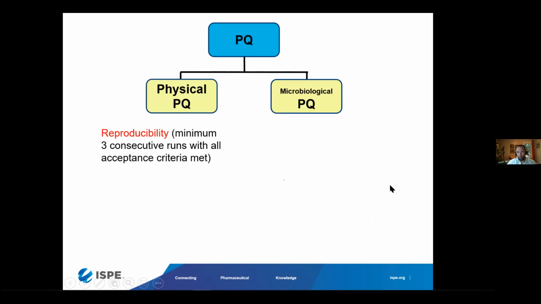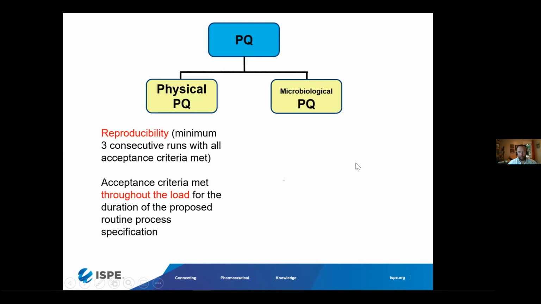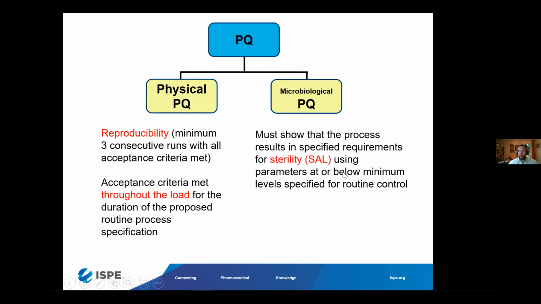So the physical performance qualification part of this, I mentioned, is using thermocouples or temperature measurements, really to demonstrate lethality, the F sub zero, reproducibly over multiple runs. Not only are you showing the temperatures within the sterilizer, but also at the hardest to sterilize locations within the equipment throughout the load. The microbiological, here is where we're using our biological indicators to show that sterility assurance level,